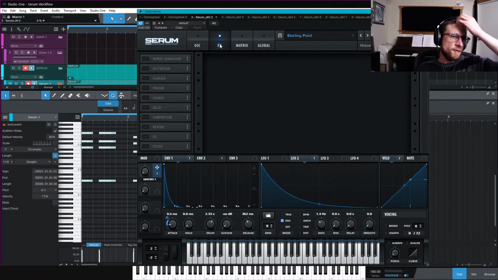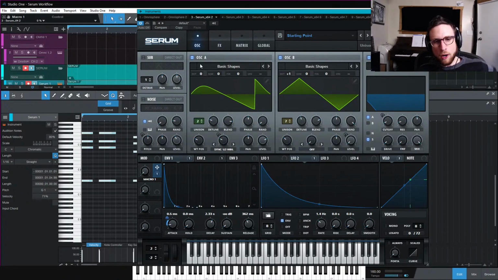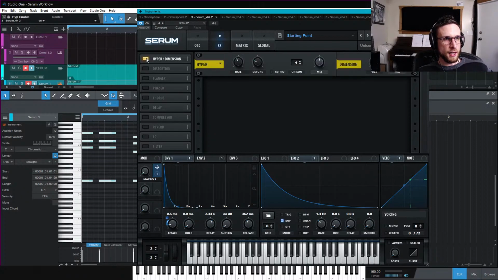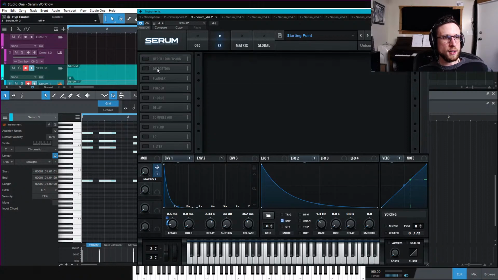So I'm into the effects section. You might know within Serum you have all this cool stuff happening, and then you have an entire other section made of all these effects that you can stack and reorder in any way you want, kind of like an effects chain inside of your DAW, right? You could just put them in many orders. There's a lot of stuff to be done here. Of course, I can't cover it all right now, but just suffice it to say, we have some important stuff